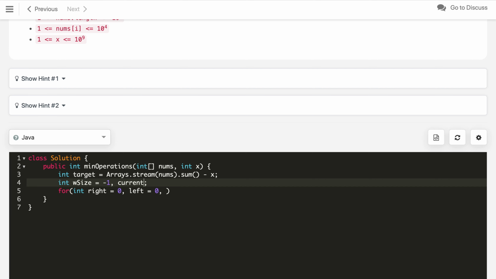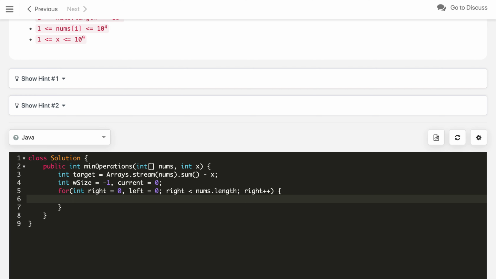We also need a variable, current sum, which we keep initialized from 0. Now we run this loop until right is less than nums dot length, and here we increment right plus plus. We move the right pointer ahead first and update current sum by adding nums at right.